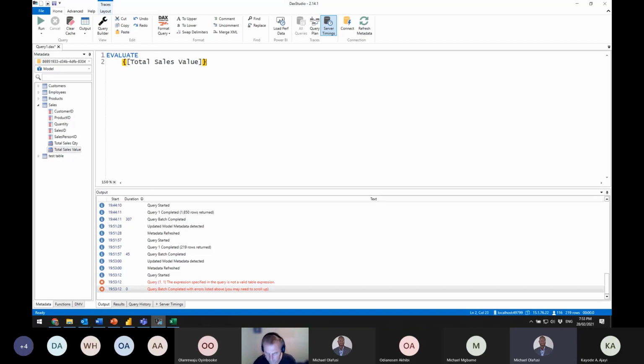But there's a little trick, and that is the curly brace, the little, I don't know where they are on your keyboard, they're above my square brackets. I call these the curly brace. If you wrap a measure or any other value inside curly brackets, it turns that value into a table. Okay, so now when I run this query,